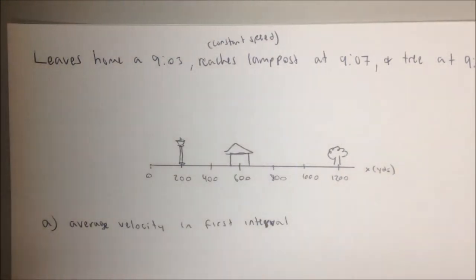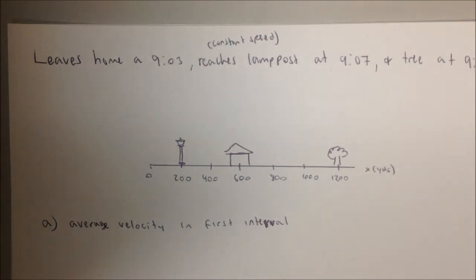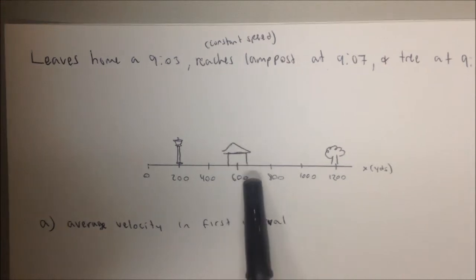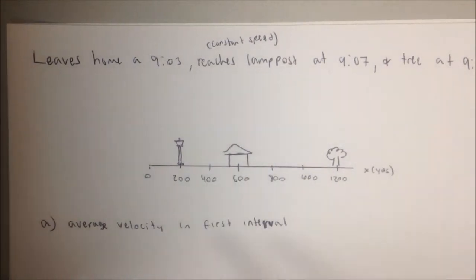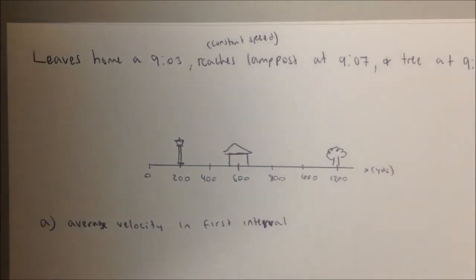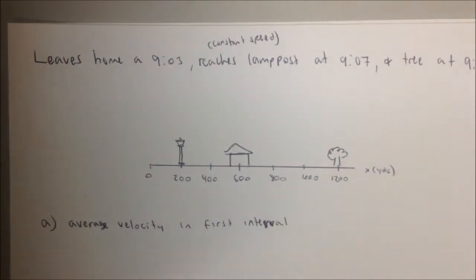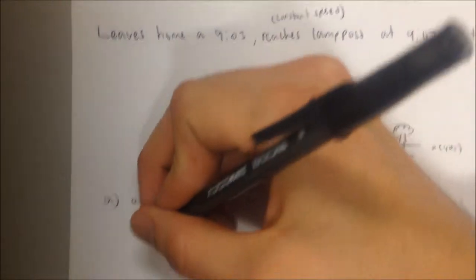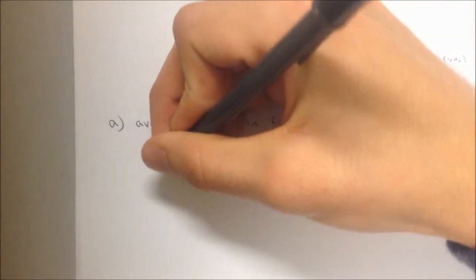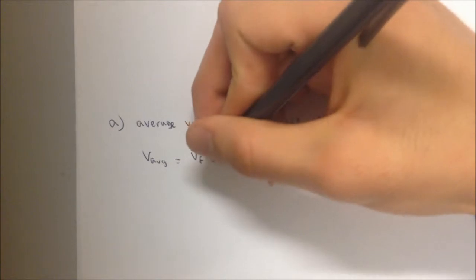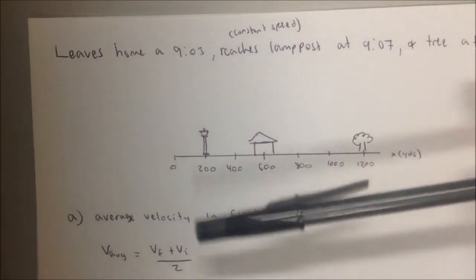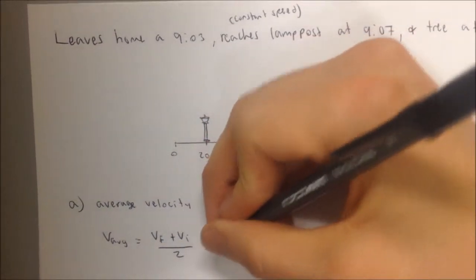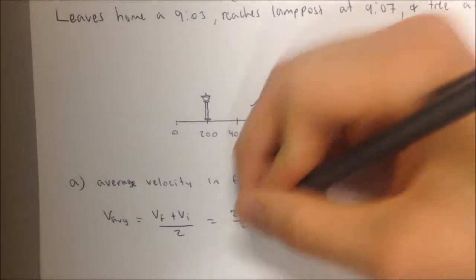The first part of this problem is asking for the average velocity in the first interval, meaning from the time he leaves his house to the time he gets to the lamppost, so the average velocity in that interval. The formula for average velocity, V average, is final velocity plus initial velocity over 2. But since velocity is constant in this problem, this just turns into 2v over 2 and the 2's cancel out,